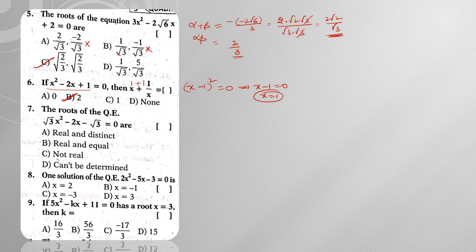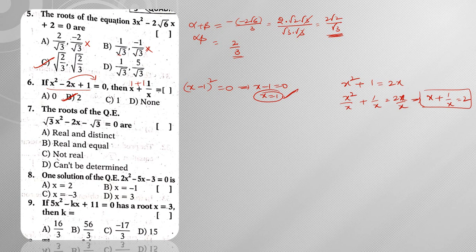So that is one approach. Otherwise you can go like this. Transpose this minus 2x to the right hand side, then I can write x square plus 1 is equal to 2x. Now divide the whole equation by x, then what I am going to have is x square by x plus 1 by x is equal to 2x by x. Now what I am going to have, x plus 1 by x is equal to 2. So likewise also we can prove it. Okay, so either you can consider like this or like this, both will give you the same answer, right?